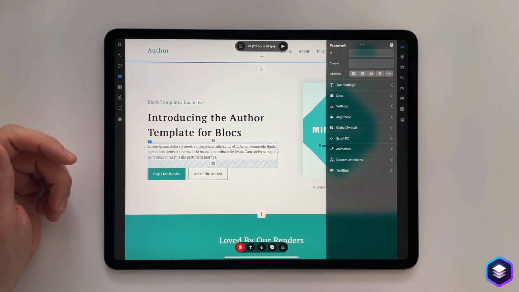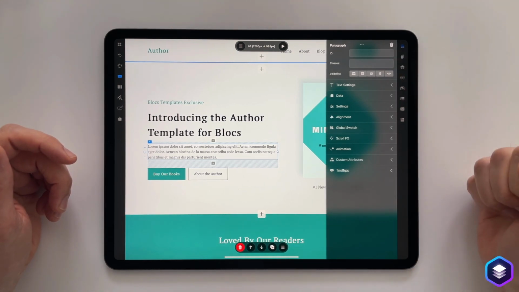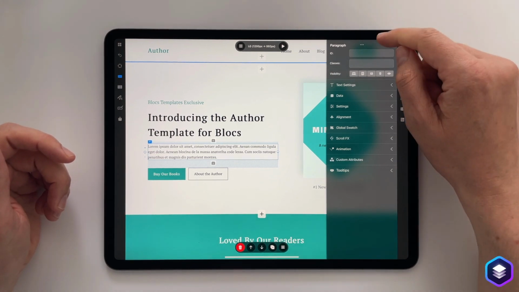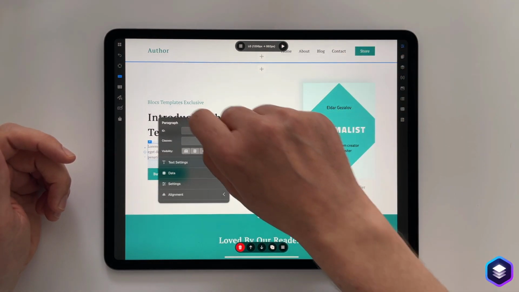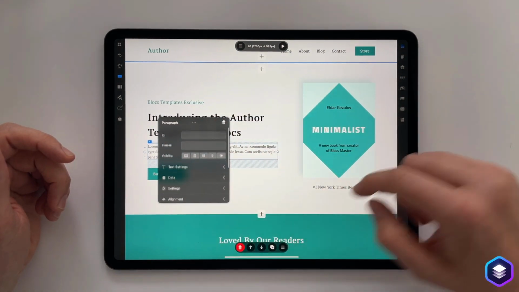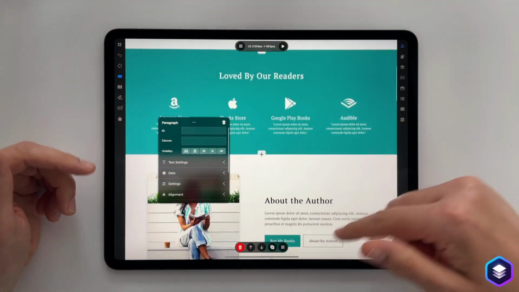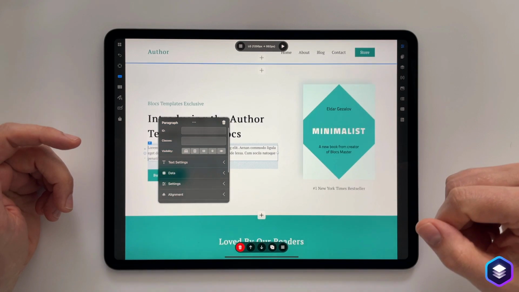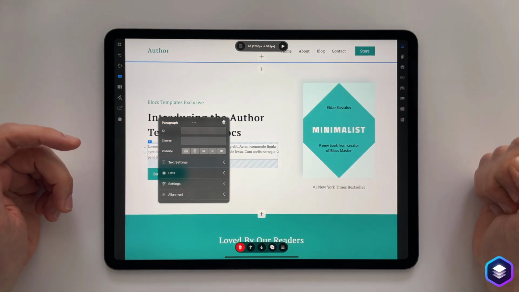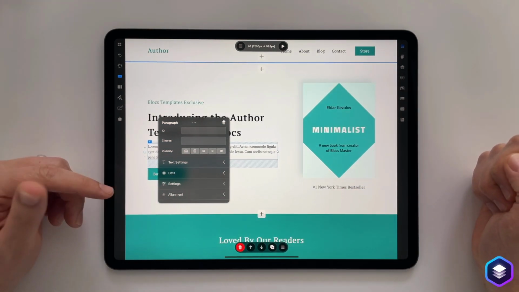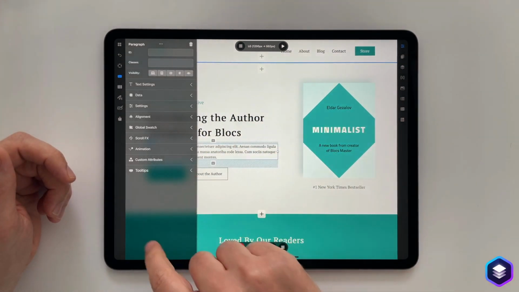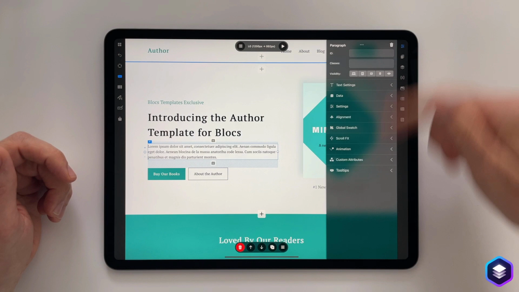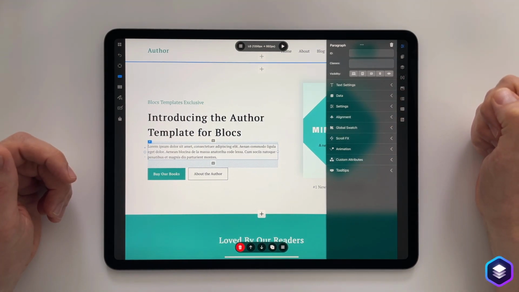What we also have is the ability to run these sidebars in compact mode. Now, if I simply double tap at the top here, we now have all of our inspector as a floating panel, so we can work our way through our design. And we can take up as little space as necessary to have the inspector open. If I just double tap that again, you can see it goes back to full screen.